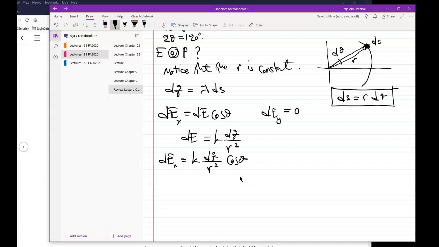Now, since dq is lambda ds, I can plug this one in there. So it becomes dEx equal to k over r squared